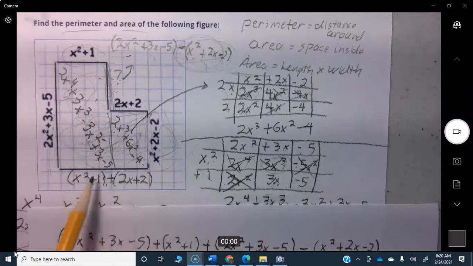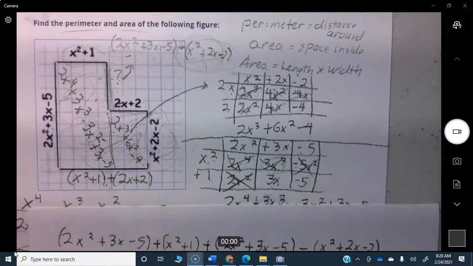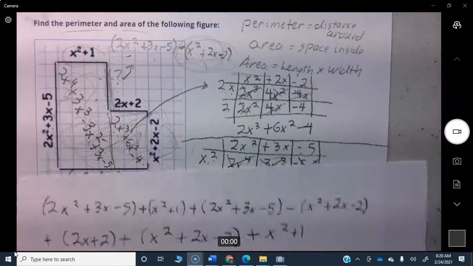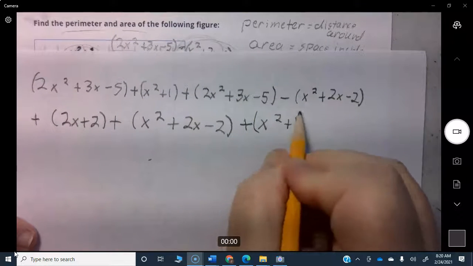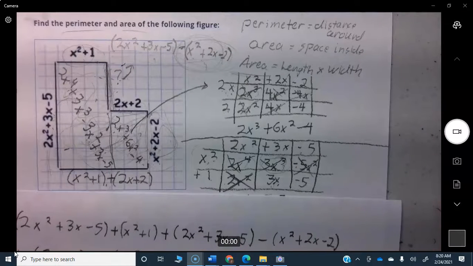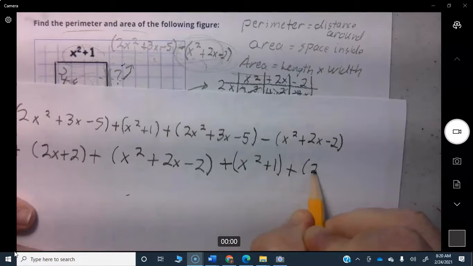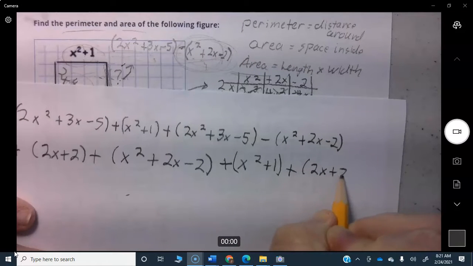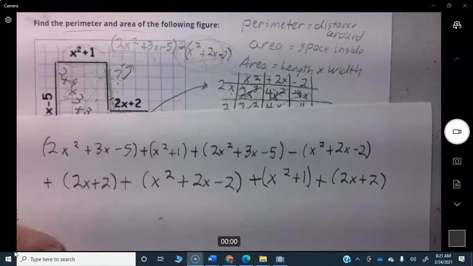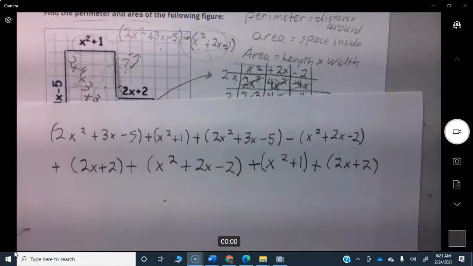And finally, plus this side down here, which we said was this plus this. Okay. So it's going to be x squared plus 1, and I'm off screen, I'm sorry, plus, plus 2x plus 2. Okay. That's pretty ugly. There will be one simplification we can do here in a second, but let's just go